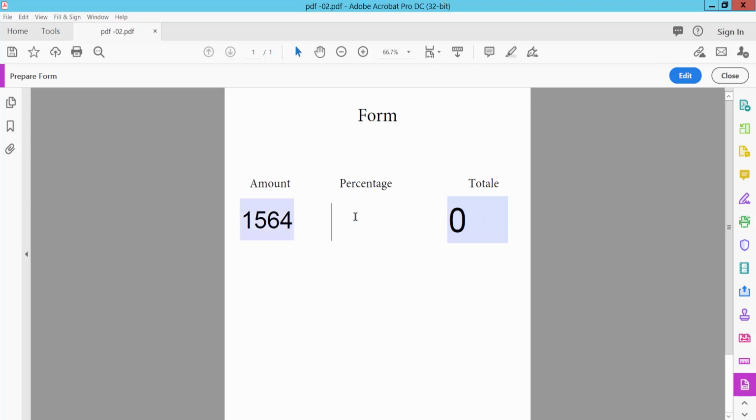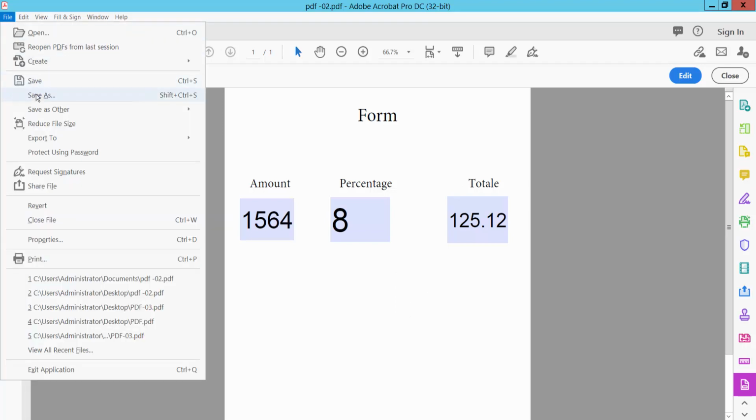type percentage 6 and click blank option, this percentage, total amount 8, click blank option, okay, and save this PDF, save as,